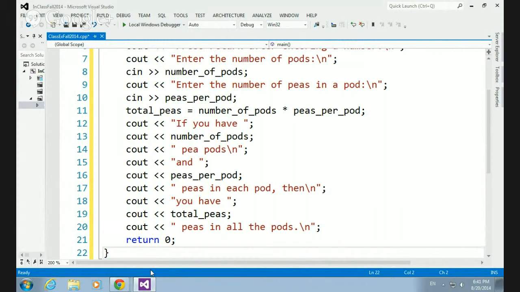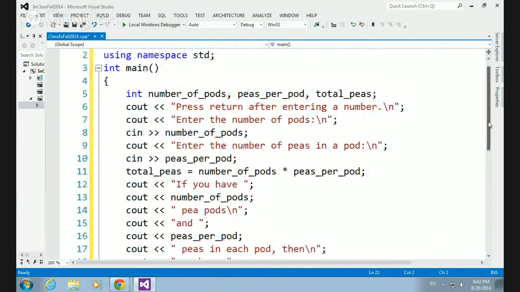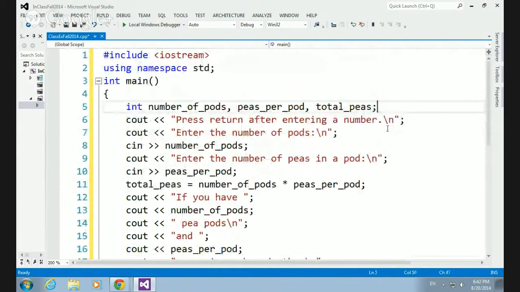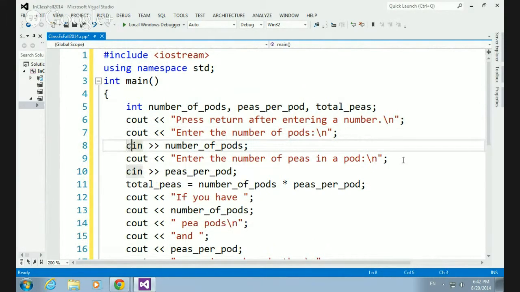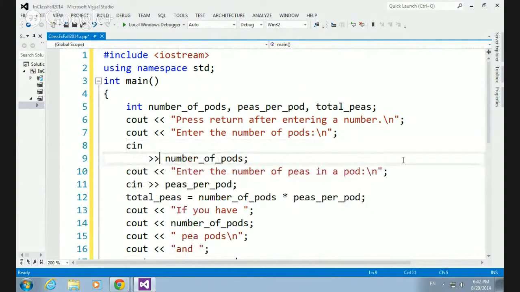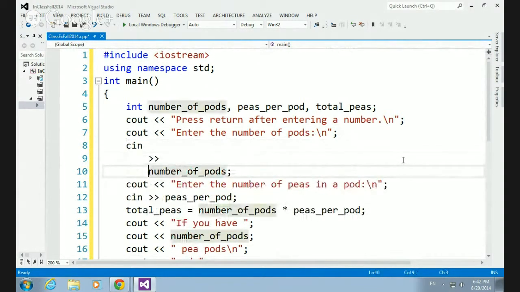There are a few exceptions to that. So we could jam everything all together in one line, or separate it all on a bunch of different lines, and the compiler wouldn't care,